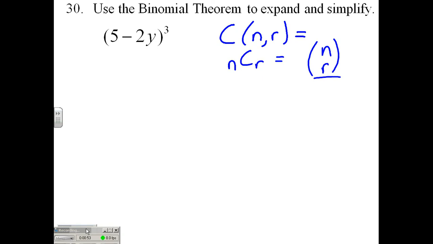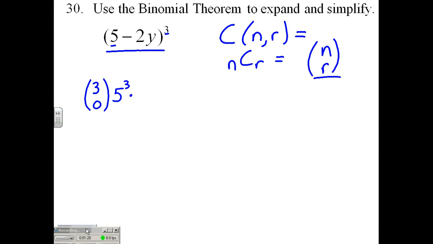So to expand this binomial to the third, I'm going to be interested in the exponent, and my first term is going to be combination 3, 0 times our full allotment of fives. That would be 5 to the third